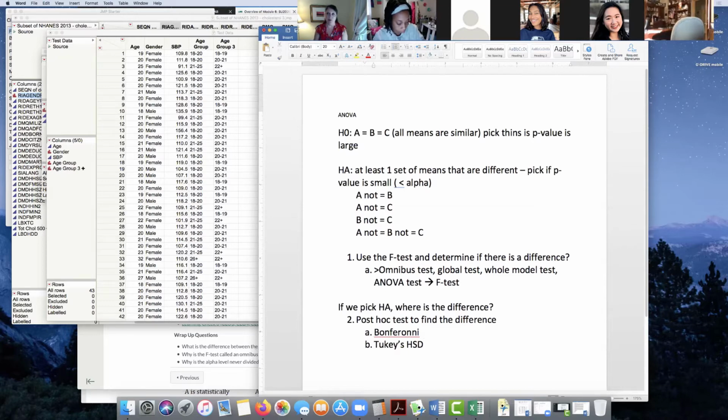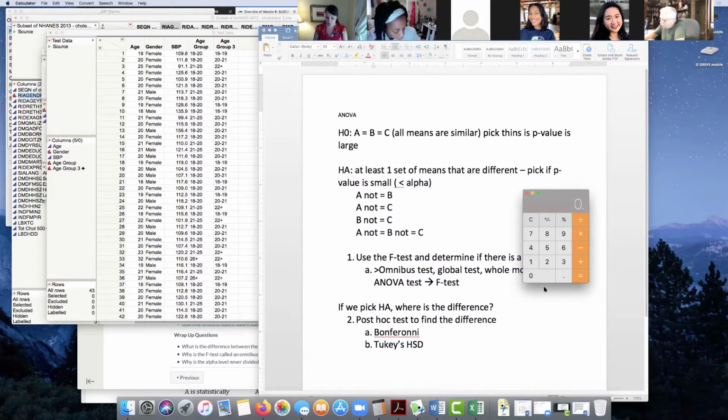Bonferroni is something that people who took stats a long time ago will be like, oh, just do a Bonferroni. All that Bonferroni does is, let's say I have 3 groups, A, B, and C, and my alpha level, but there's 3 tests. I can do A versus B, A versus C, and B versus C. There's 3 tests to compare. Bonferroni would just divide alpha, 0.05, by 3. So let's pull up a calculator, 0.05 divided by 3. And it would say, okay, I now have to compare my A versus B to an alpha level of 0.017.